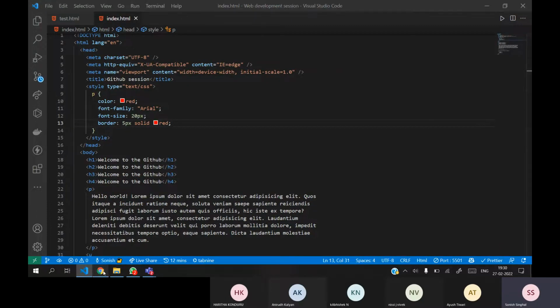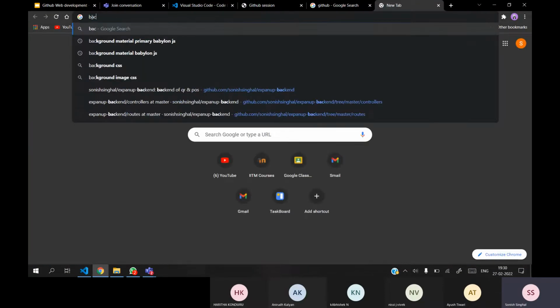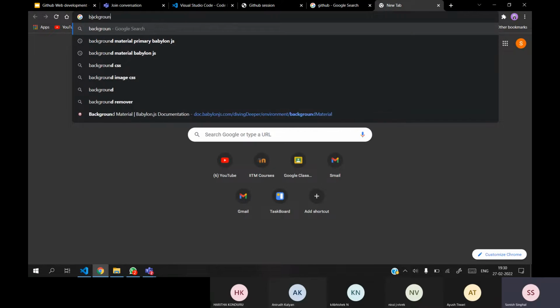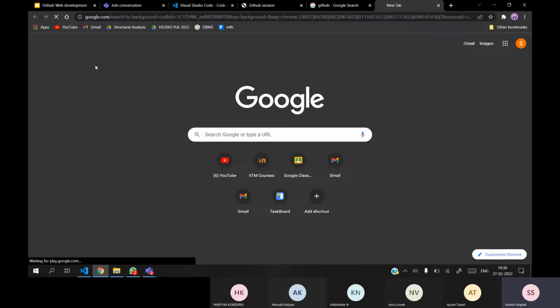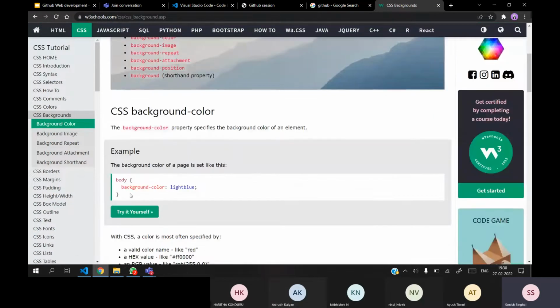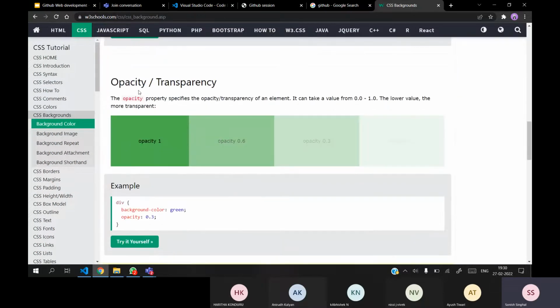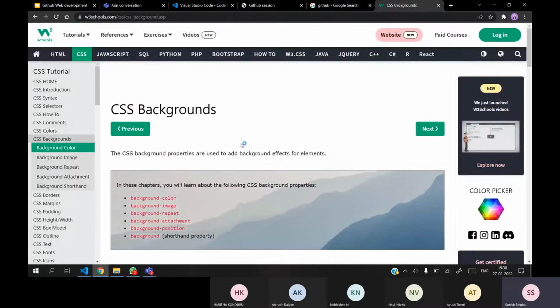You don't need to remember all these CSS properties. Simply, if you want to do something, suppose you want to add the background, you directly search background CSS. You will be able to see them. You can search and you don't need to remember different things. For the background, we have the background color and you will see the different tags for that. If you want to change the opacity, you will be able to see that. Like this, you can find the different tags on the internet. You don't need to remember.